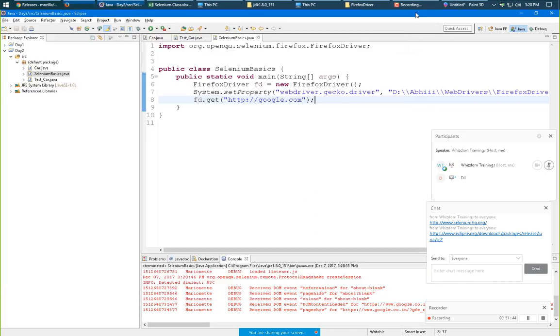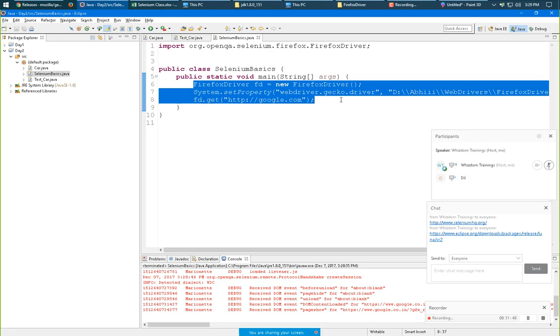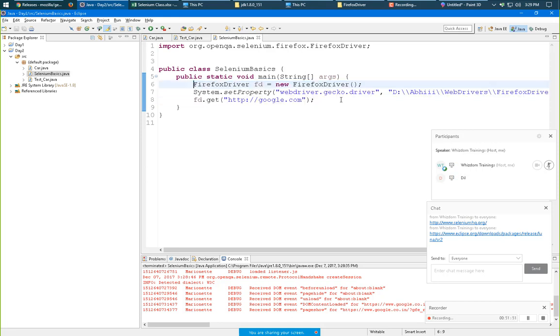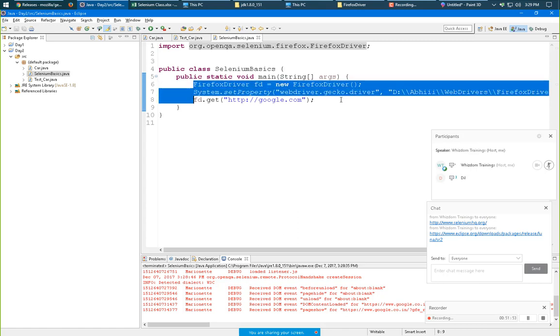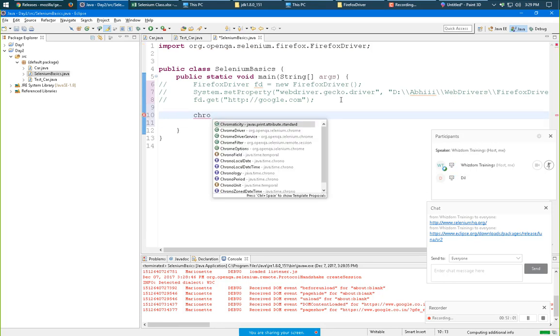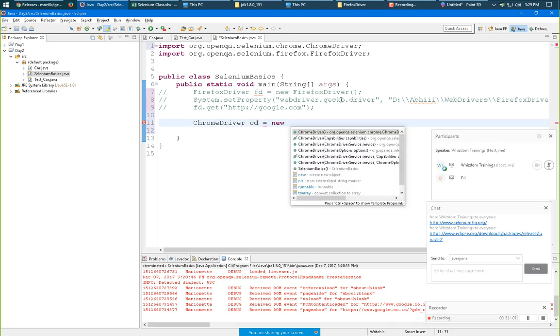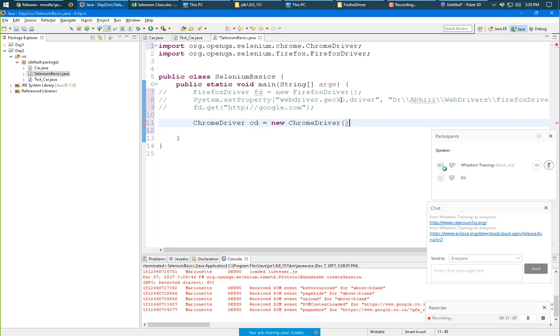In the same way, this was the code for the Firefox driver, the Firefox browser. Now what if we want to open Chrome? What we can do here is ChromeDriver cd equals new ChromeDriver.